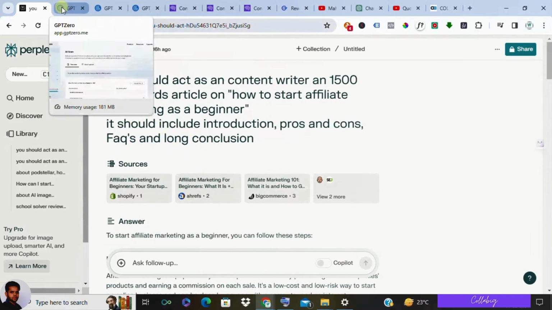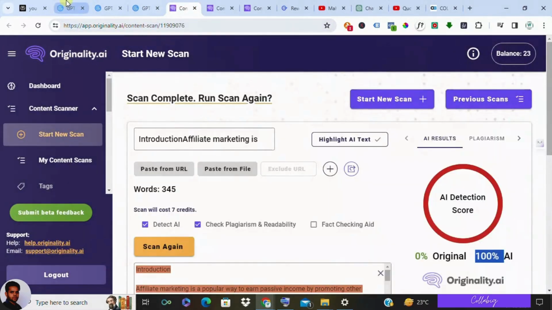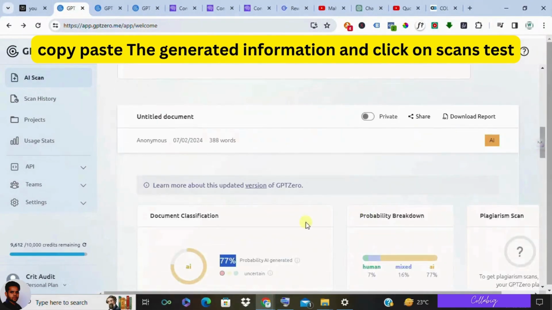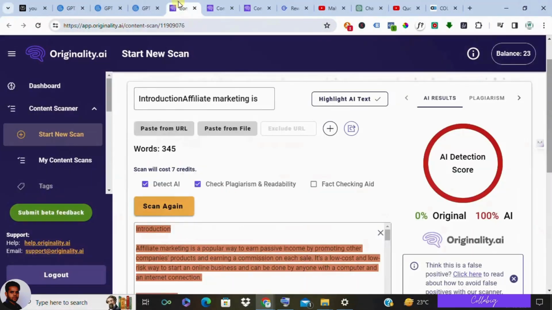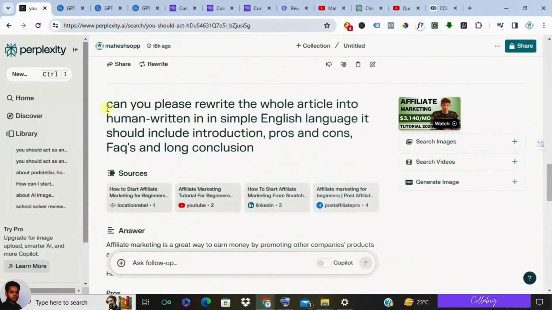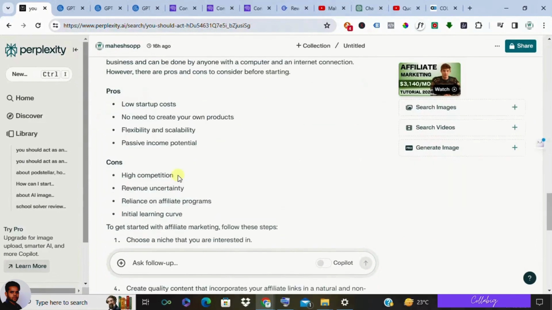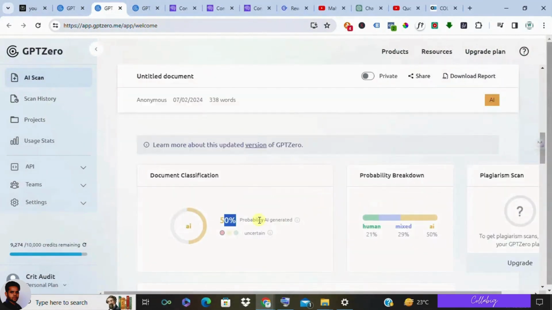After the results are generated, copy the whole information and check it with AI detector tools like GPT-0 and originality.ai. Let's check the score and then we'll move forward. As expected, when we test this content on AI detectors like GPT-0 and originality.ai, they all flag it as AI generated. But don't lose hope just yet. Now let me ask once again, and I'll instruct perplexity.ai to create content that sounds more human written, and we'll test again on the detectors. Although there's some improvement, it still doesn't pass.